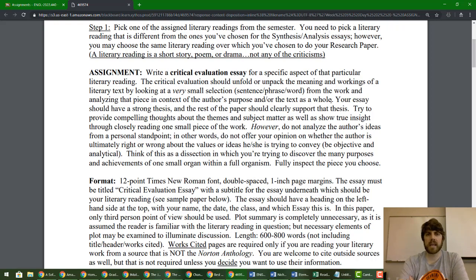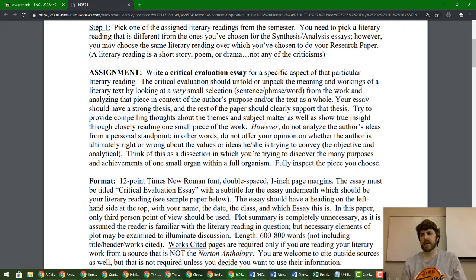So I don't want people picking the plain English version as their selection. You need to pick the original text version only of anything that you choose. Once you do that, you're essentially going to unfold and unpack the meanings of that small selection you've chosen and show that